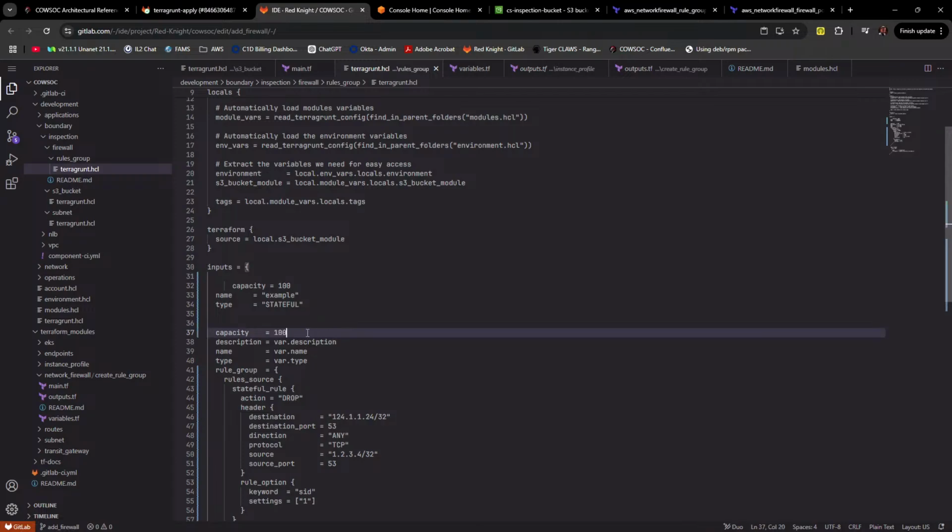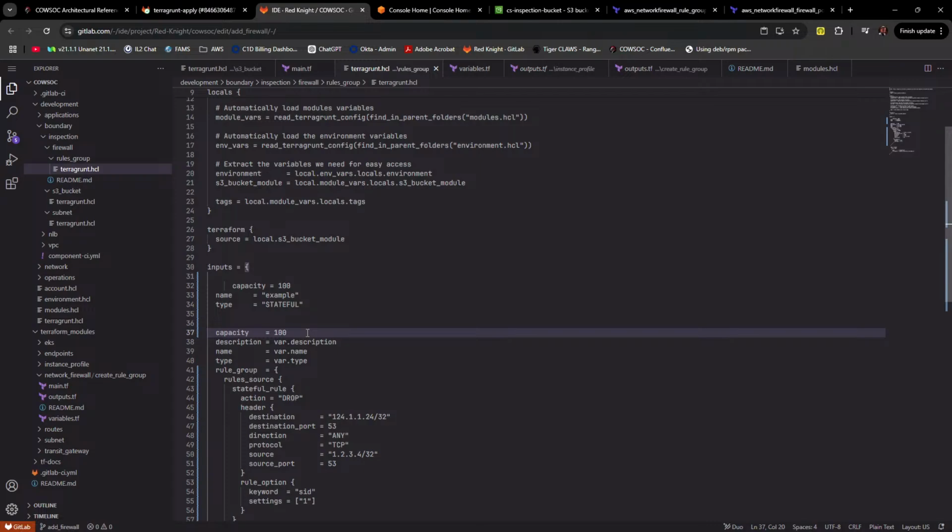By the way, what capacity is: these rule groups, once they're created, can have different numbers of rules added to them. Capacity is how many rules you can have. The issue you're going to run into is that each rule takes a certain amount of time to process. When a packet comes in, the firewall has to walk through each of those rules and say, does it apply, does it apply, does it apply? And if you match any of the rules, then it takes whatever action. In our case, we don't want too many rules because the more we have, the slower traffic goes